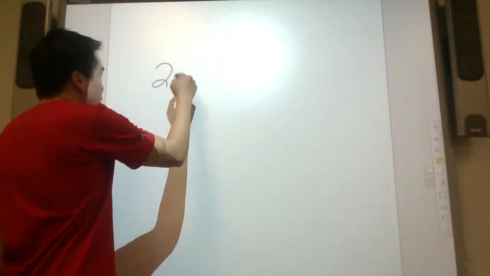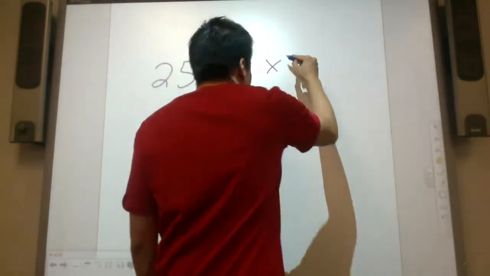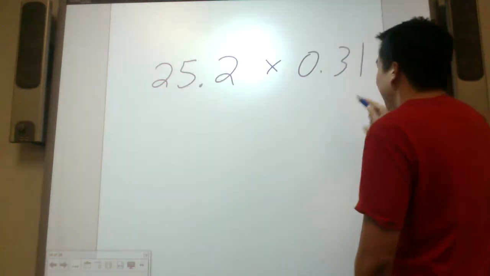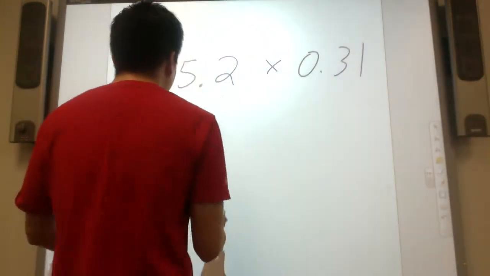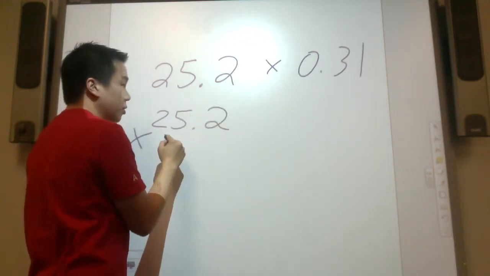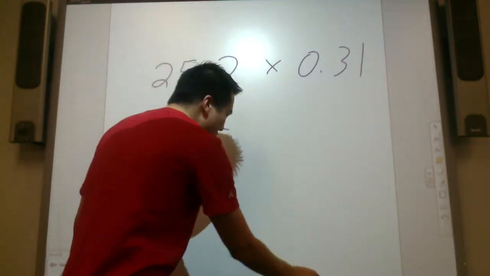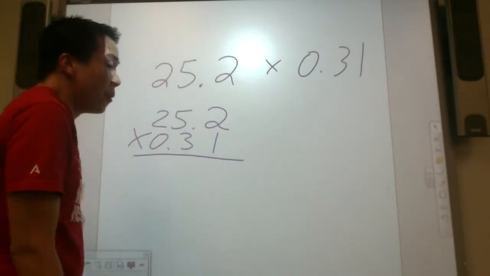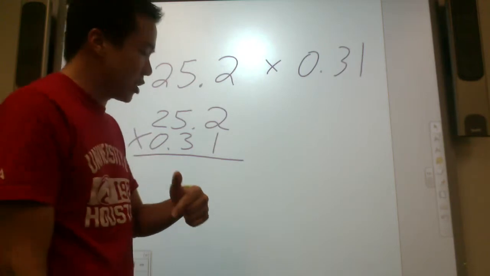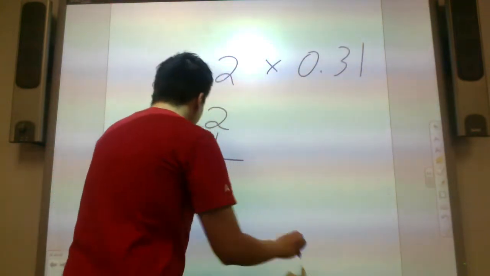So let's do some that are not on here. For example, what if you have to multiply 25 and 2 tenths times 31 hundredths? Let's set it up. So 25 and 2 tenths times 31 hundredths. You're going to say, but don't I have to line them up, Mr. Joe? No, you don't have to line them up, because when multiplying and dividing, you don't. Only adding and subtracting decimals. If that's confusing, just erase these decimal points and pretend you're just multiplying normal, easy whole